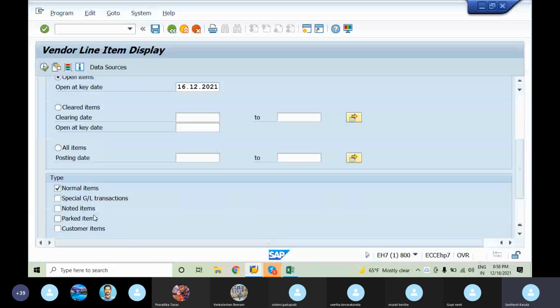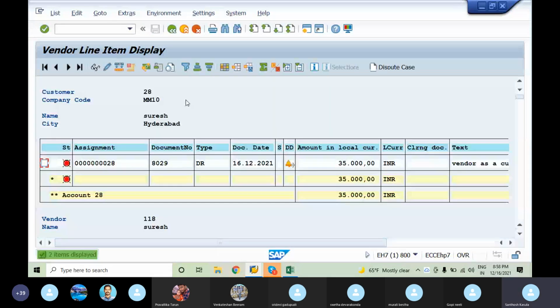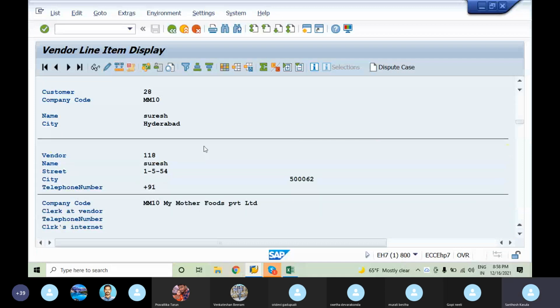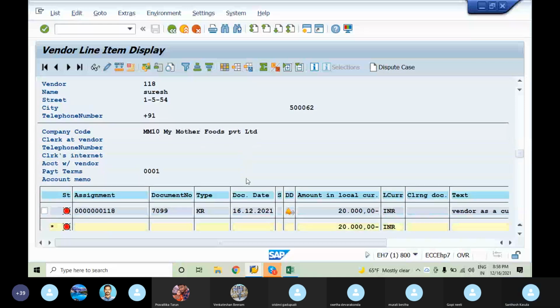We need to select the customer items here, and we can execute. You can see 35,000, which is the customer invoice, and 20,000, which is the vendor invoice.